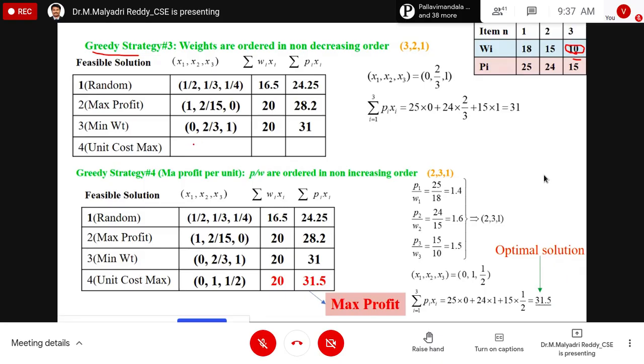According to the constraint rule, it is not possible to overload. That means the weight must not exceed the capacity of the bag. That is why I can't choose the first object. By using this concept, I will get a profit of 31 only. By substituting these corresponding values, I got profit is 31.